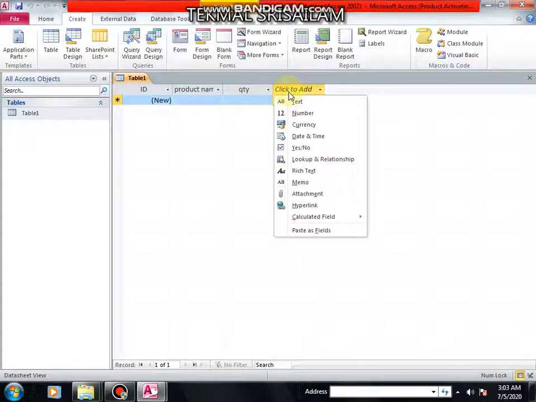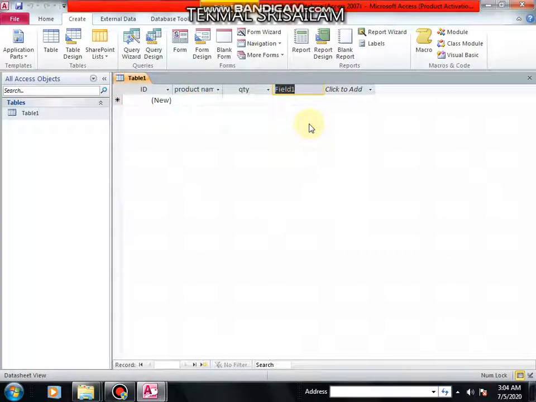Next, I'll input some value or price, so the type of data would be currency. Currency displays the value along with the symbol like rupee, dollar, etc. Price.